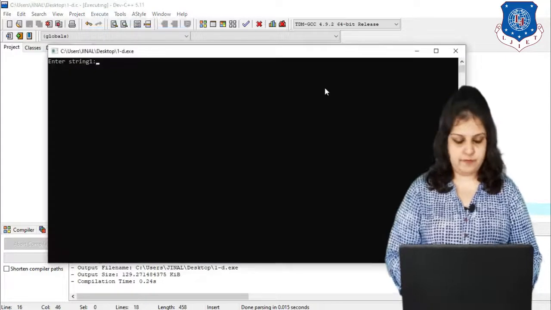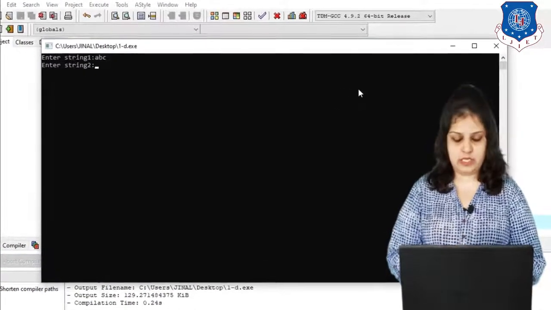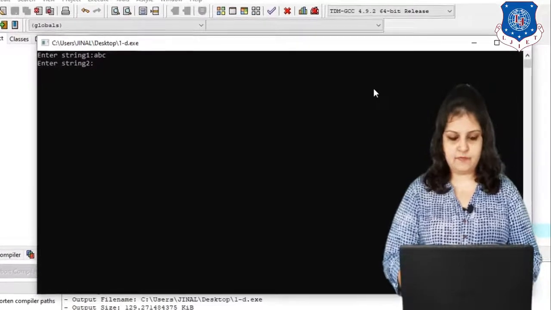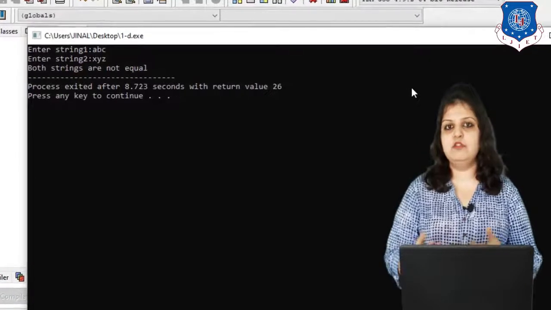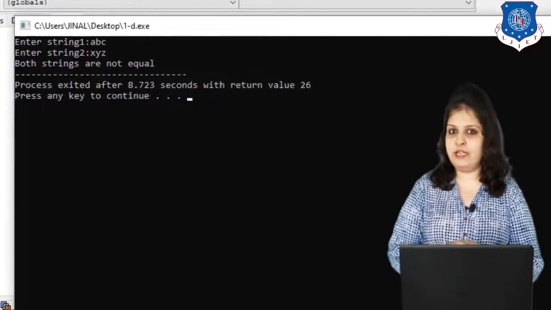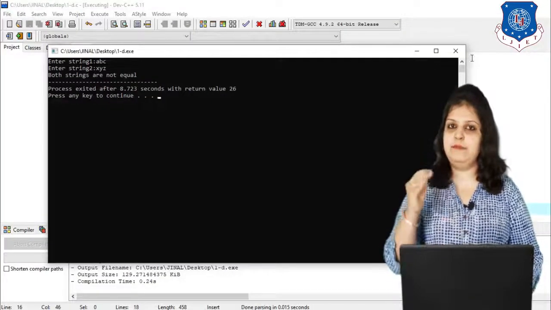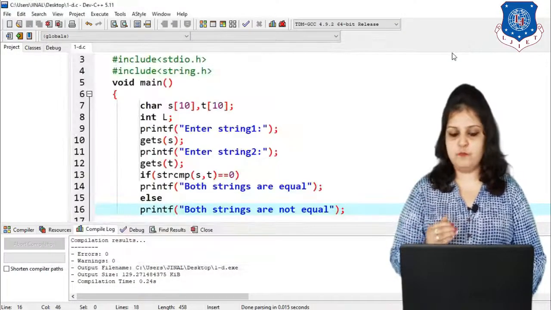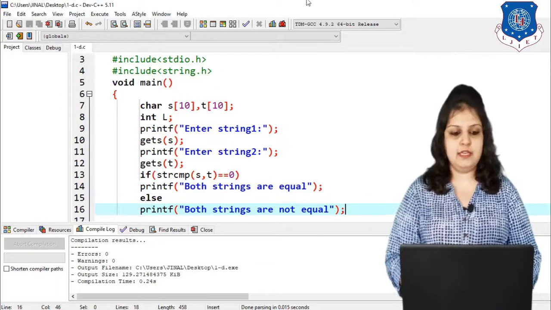Enter string 1. Suppose I enter ABC as our first string and XYZ as our second string. So ABC and XYZ are both different strings, right? So our output is both strings are not equal. But if I enter ABC for both strings, then our output is both strings are equal.